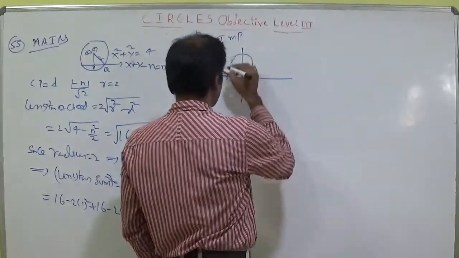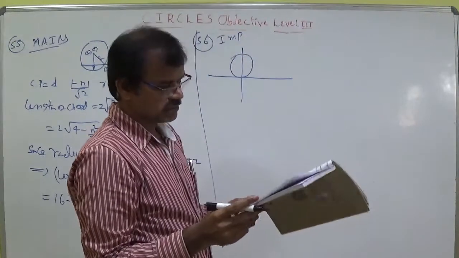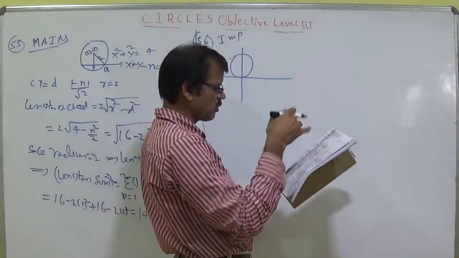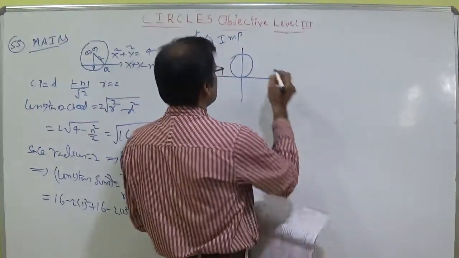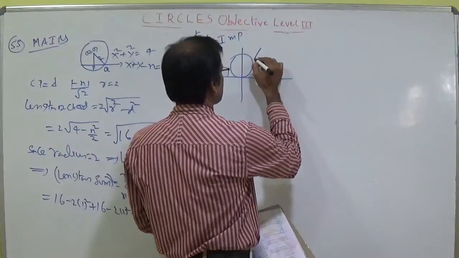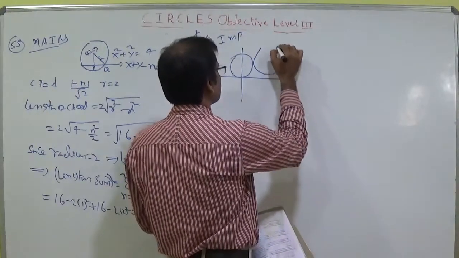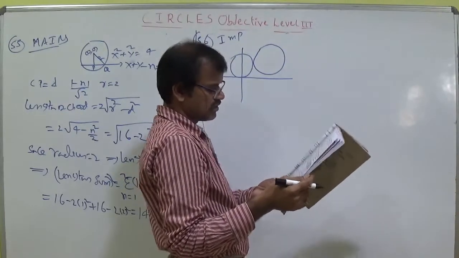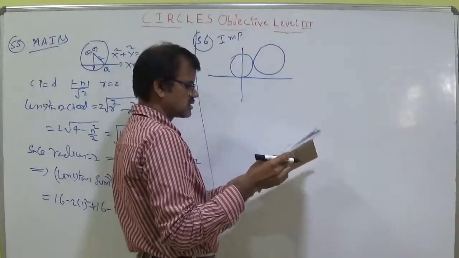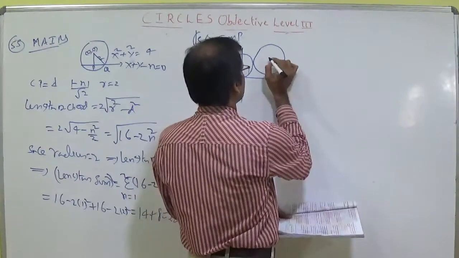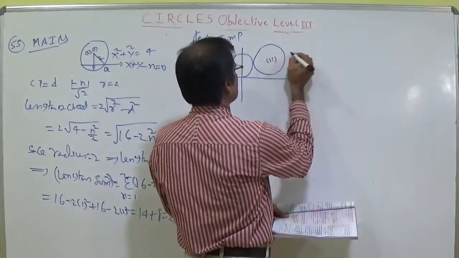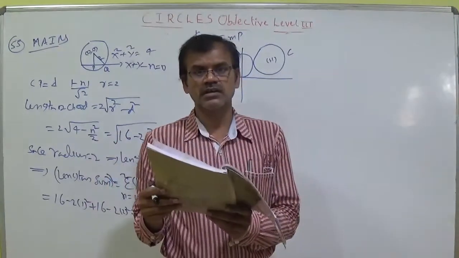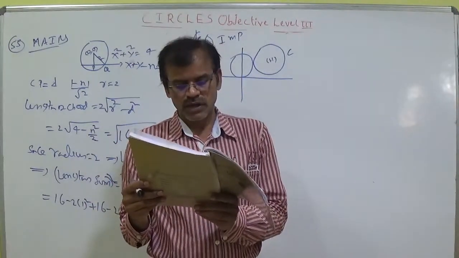Passing through 0, 0, with the center at 1, 1 and radius 1. If T is the circle centered at 0, y, this is the required circle, and it passes through the origin and touches the circle C externally. Let C be the circle with center 1, 1 and radius 1.